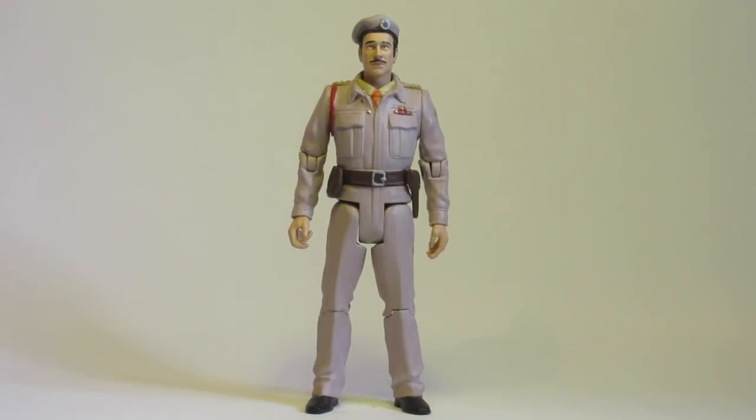But I really don't like saying this, because I really don't. I'm not one for self-praise, but I'm sorry, this is far superior to the released version, because it's the simple things. It's the simple little things that Character Options haven't done. And I have to look at this and question things like, where they've retooled a 4th Doctor in the same set, why couldn't they have done it for the Brigadier? And I'm sorry, but this is one of these things that I made mention of in a previous video, and this wasn't the video that I was going to mention it in, but it is another example of it, where the fans are making better figures than what is officially released, and they are,